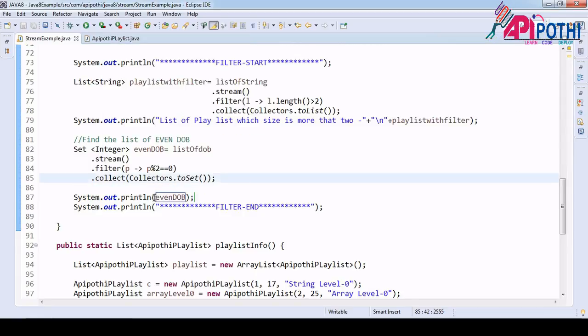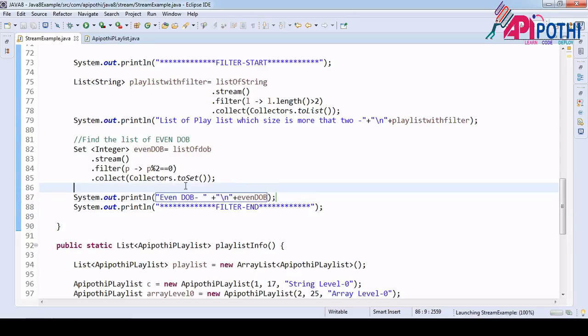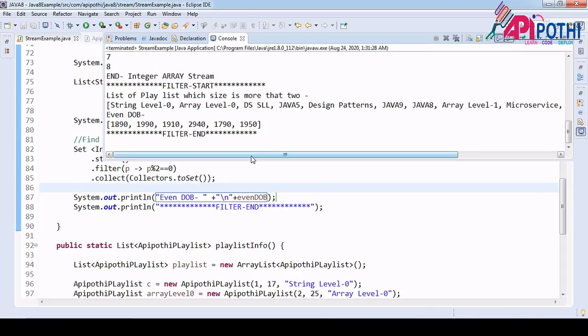Okay, so let's have some log here, even date of birth. So we are able to print the date of birth.